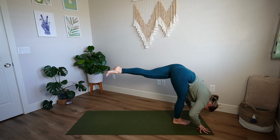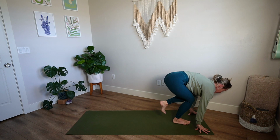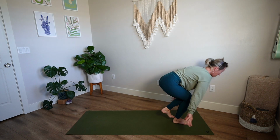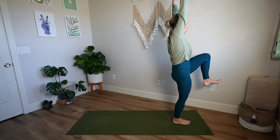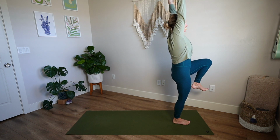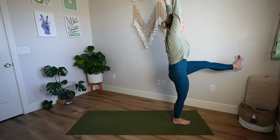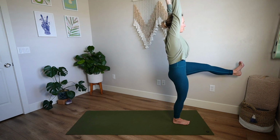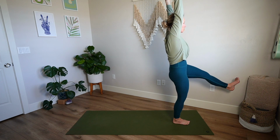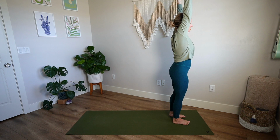Fingertips come down to the earth. With a little bend in your right knee, bring your left knee into your chest, gaze forward. Match the knees up, keep your left foot hovering, and then come back up to stand. Left knee towards chest. Extend out through the left leg where we started, and breathe for the last 5, 4, try not to back bend, 3, 2, without letting the leg drop fast, slow, lower the feet, meet each other,